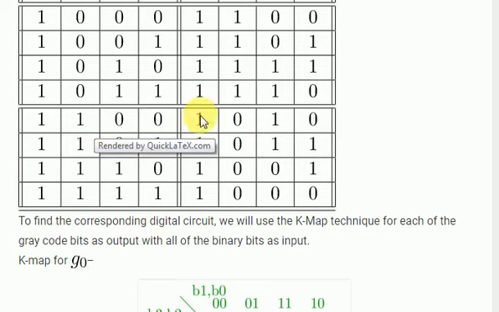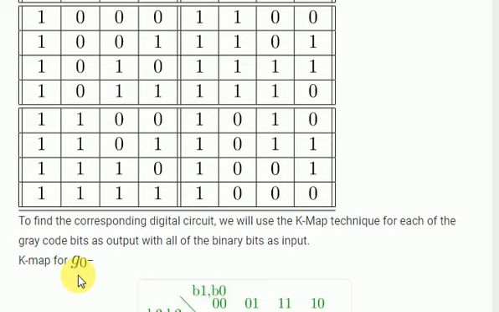In the next combination it is 1 1 0 0. 1 is placed as it is. 1 1 answer will be equal to 0, 1 0 answer is equal to 1, and 0 0 the answer is equal to 0. In the next combination we are having 1 1 0 1. 1 is placed as it is, 1 1 the answer is 0, then 1 0 the answer is 1, and then 0 1 then the answer is 1.